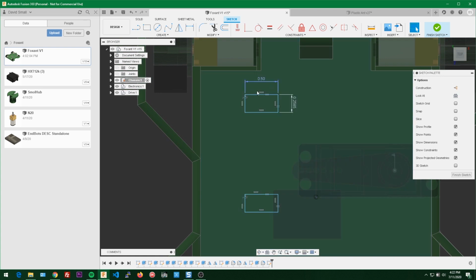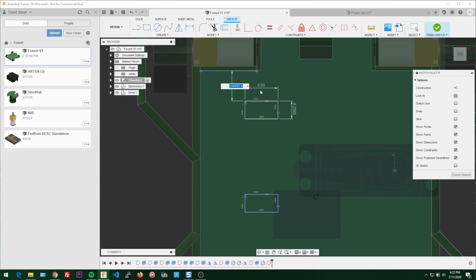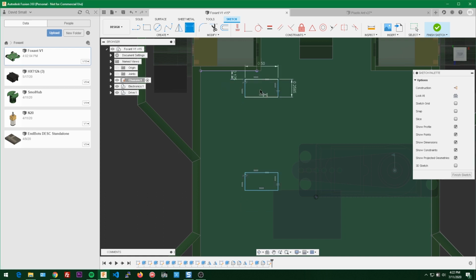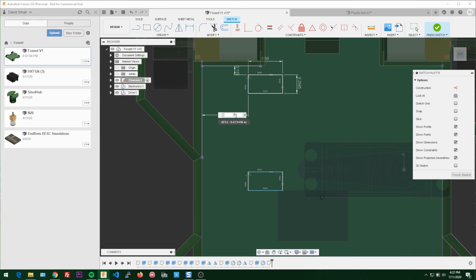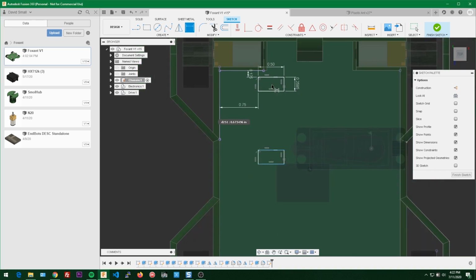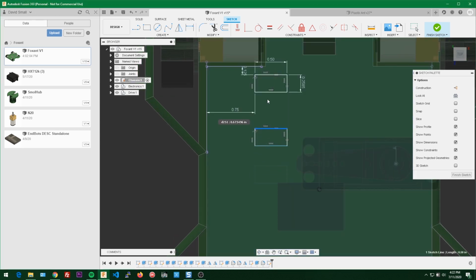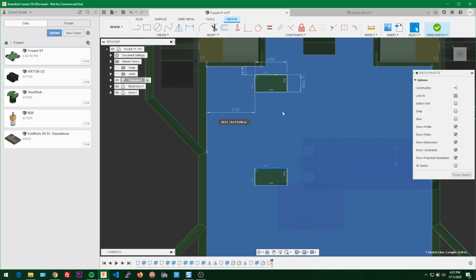So the way we're going to position this is relative to these two walls. So let's take the distance between this wall and say, whatever we want, 1/4 inch, 1/8 inch. And then maybe 0.75 inches there. So now all we need is just how big the gap is here,